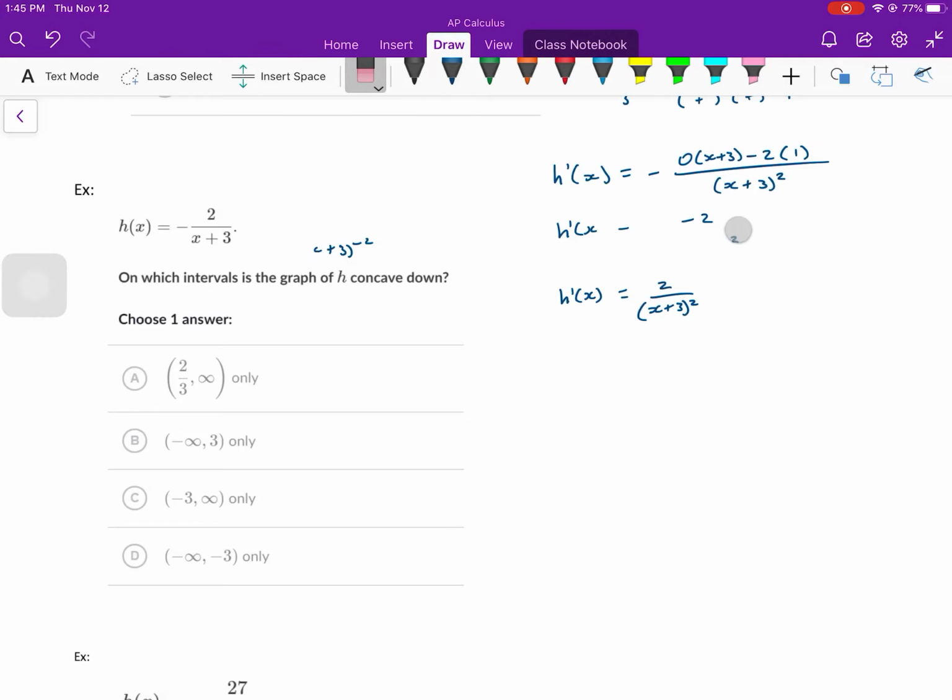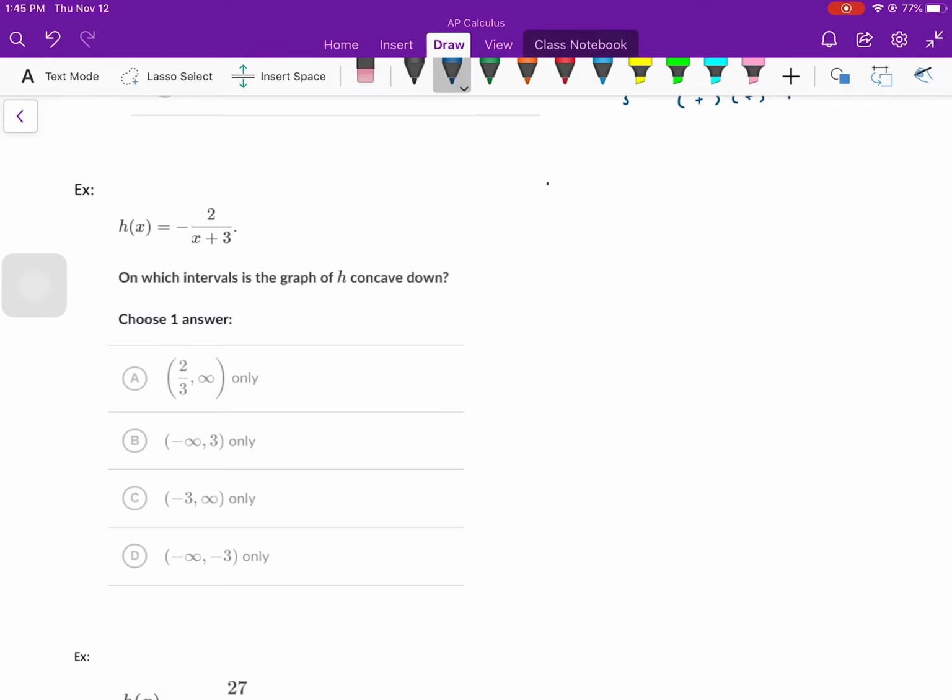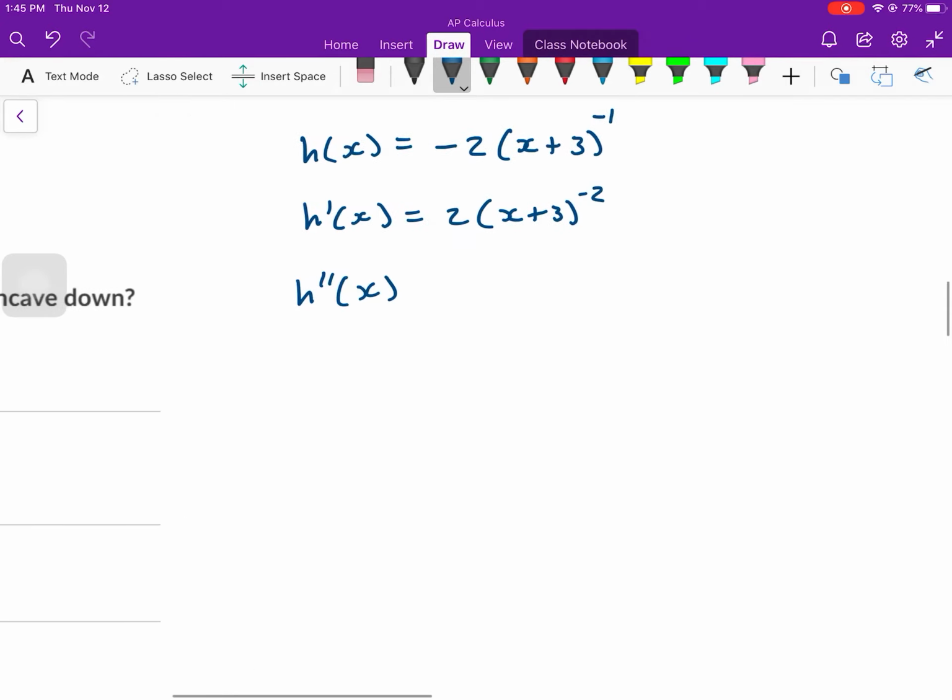Why don't I just go ahead and do that? So instead of doing quotient rule, because it's a constant on the top, I should have seen this from the beginning. Bring that x plus 3 to the top as a negative 1. So h prime of x is going to become a positive 2, x plus 3 to the negative 2. Times the derivative of the inside, which is just 1 if you do the chain rule, so I'm not going to put it. Now for the second derivative,